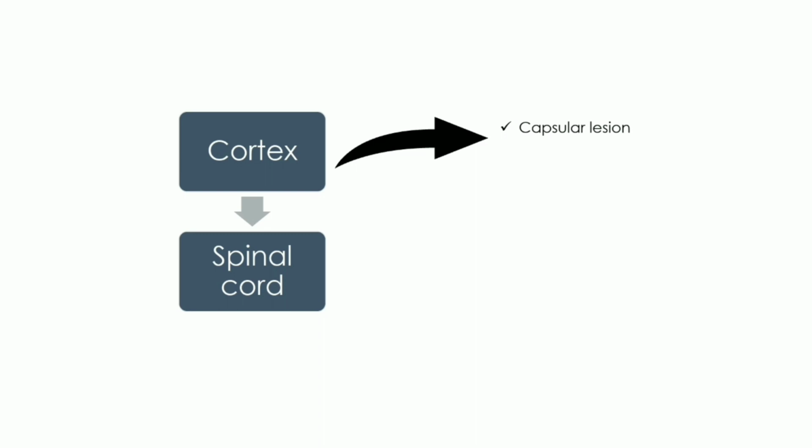കാരണം ആ വഴിയാണ് എന്ത് പോകുന്നത്? corticospinal tract ഡിസെൻഡ് ചെയ്യുന്ന posterior limb വഴിയാണ് അല്ലേ? Posterior limb blood supply, a portion of the posterior limb is supplied by striate branches of the middle cerebral artery. And one of these striate branches is very large, and it is the most common artery which ruptures, which causes the capsular lesion. So most commonly capsular lesion is due to a rupture of the artery which is supplying the